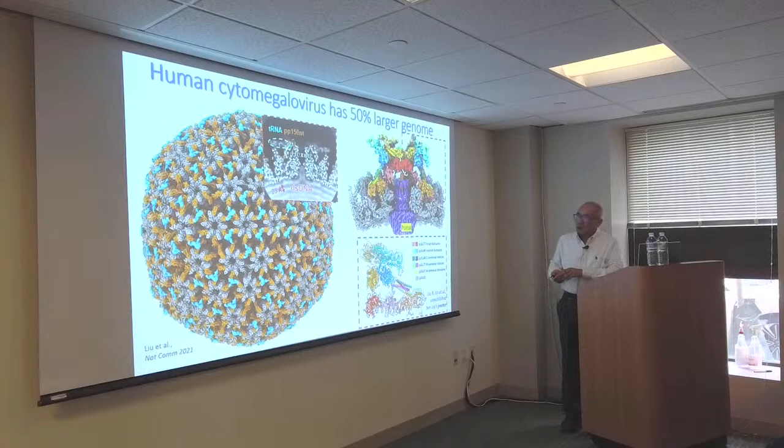We also discovered that on top of the hexons, instead of seeing what I just showed you, there's another density, shown in blue here. First, the yellow is a protein that is unique to cytomegalovirus. It's called PP150, phosphoprotein 150. That protein is there to stabilize these capsids, which are much more highly pressurized compared to herpes simplex virus. In addition, we saw this blue density, which we could not interpret for a long time.